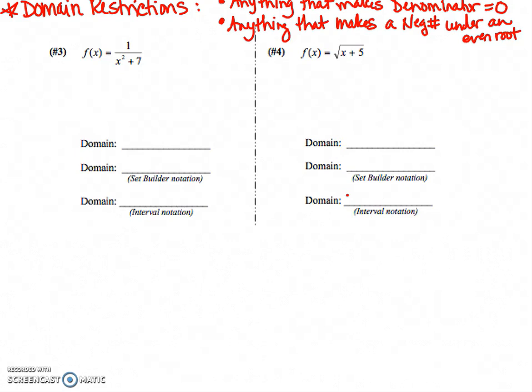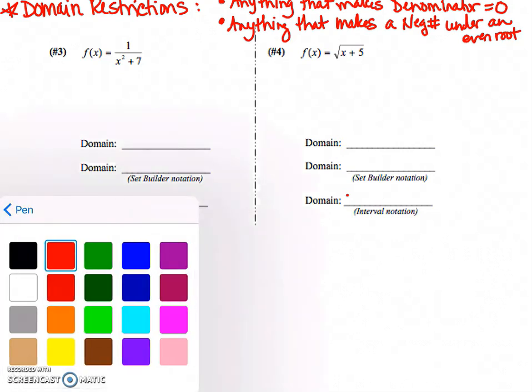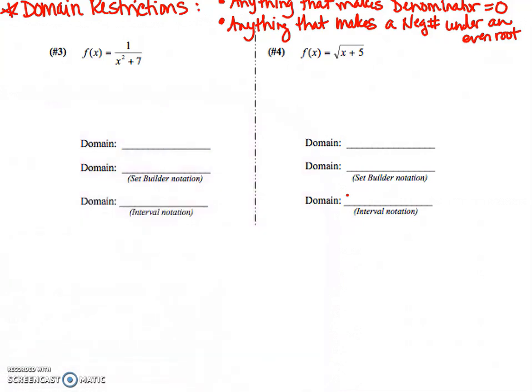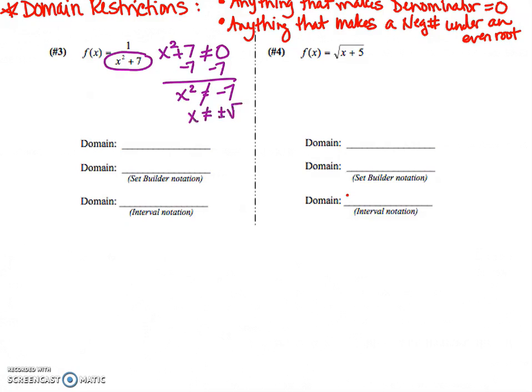But now with example 3, it's possible that we might have an issue because we've got a variable in the denominator. So basically what this is saying is that we have to keep x squared plus 7 from equaling 0. It could be negative, but it can't equal 0. So if I do some algebra here and get x squared alone, that x squared can't equal negative 7. But if I square root that, I get no solution, because that tells me that x cannot equal plus or minus the square root of negative 7. Well, the square root of negative 7